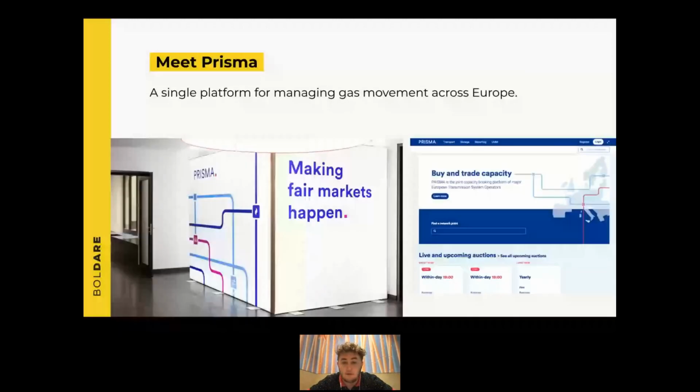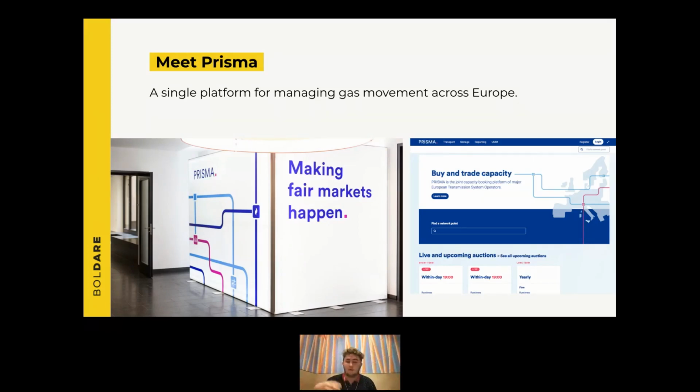And Prisma is a specific company specializing in providing the capability to sell the capacity of gas to basically anyone that is interested. So this is a platform where both parties take part: the owners of the pipes, who have the hardware, let's say, who want to use the pipes and sell the capacity, and the other side, who wants to put the gas through and receive it at the other end.